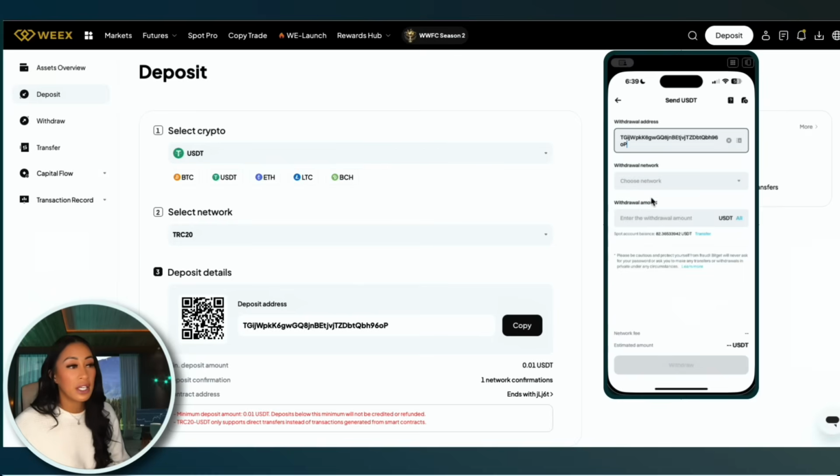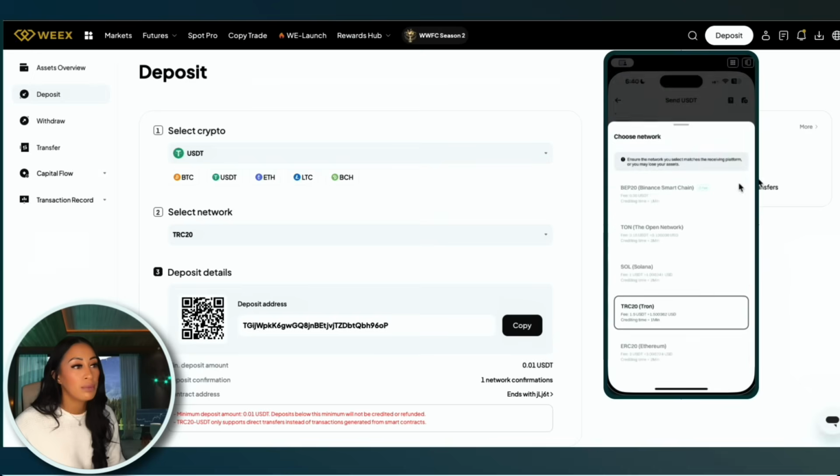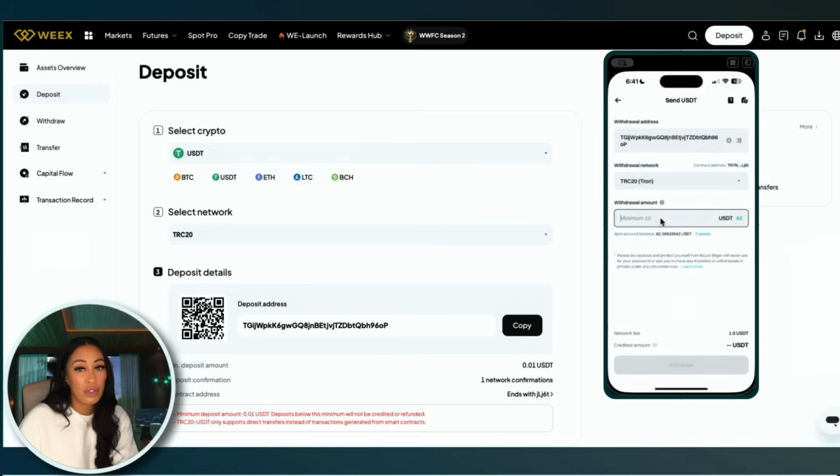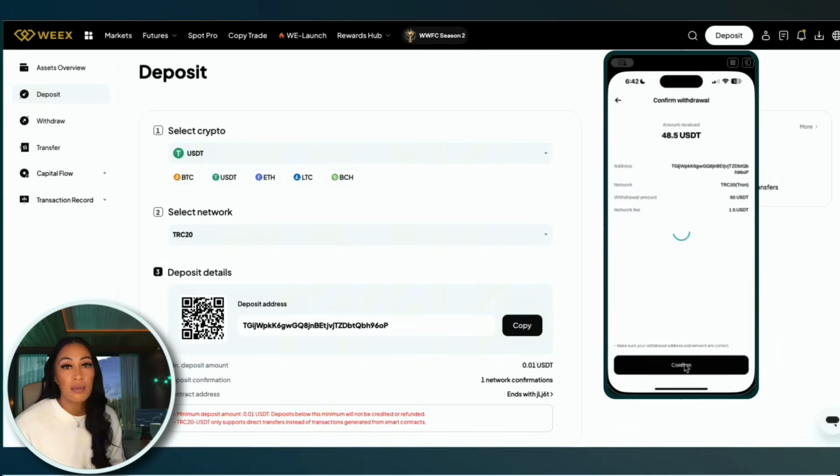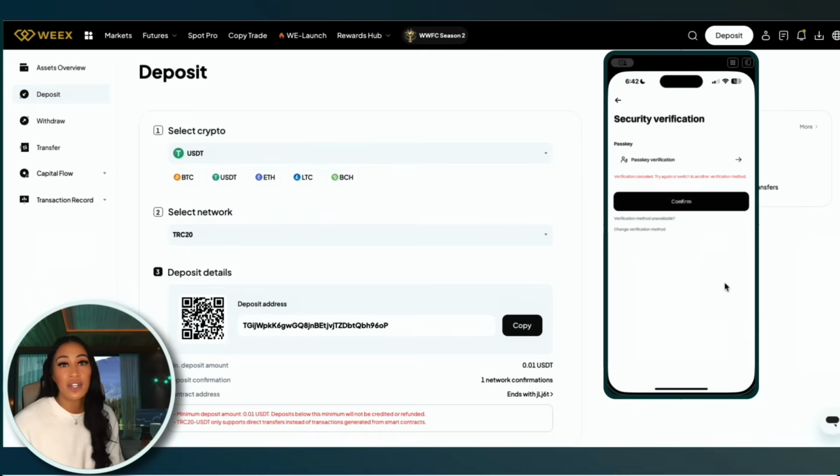Next, we want to select the withdrawal network. So make sure you select the same network. For example, if you're using TRC20 as the deposit network, then it needs to be the same in the withdrawal network. Both platforms must match. Input the amount you want to send and review the details. Hit withdraw, confirm, and then complete any necessary verification codes like your email, 2FA, and confirm the transaction. It might take a few minutes to process, but once it's complete, your funds will appear in your spot account